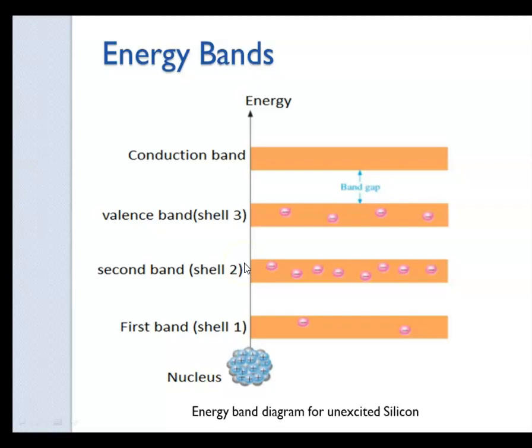Now see the conduction band. The conduction band has the highest energy associated with it. So electrons in the conduction band are the free electrons, that is, the electrons which are disconnected from their respective atoms. The conduction band electrons are actually responsible for the flow of the current. The more electrons in the conduction band, the more current will flow.